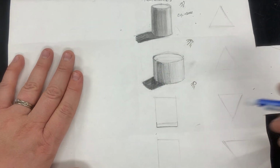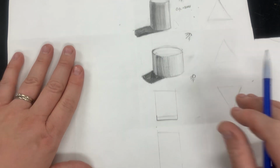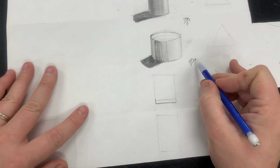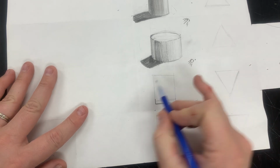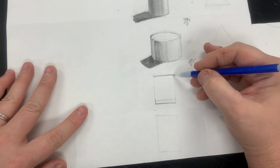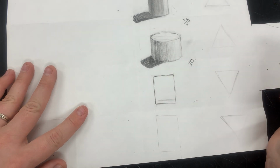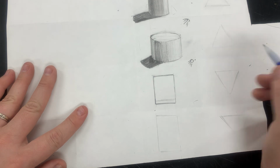I mean, I could do a better job of blending over here. I probably should, but I'm going to leave that as my instruction for now. So now I've got my cubes,